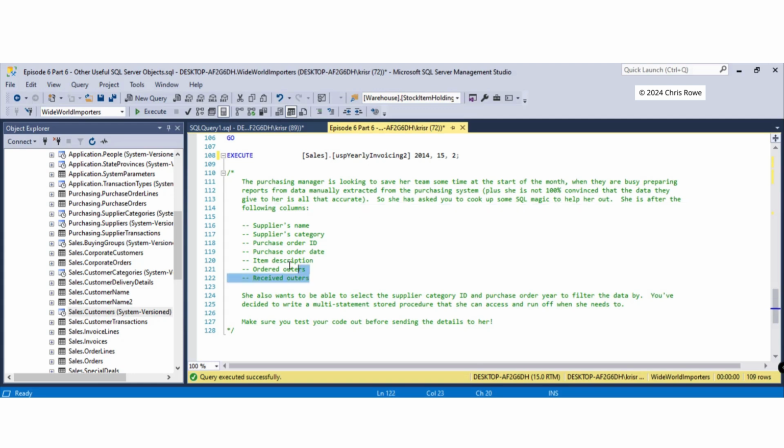She's after the following columns. There's quite a few columns there. However, she wants to be able to select the supplier category ID and the purchase order year to filter the data by. So I'm thinking parameters into a stored procedure. You've decided to write a multi-statement stored procedure that she can access and run off when she needs to. So then, once we've done that, we need to test our code, make sure it works before sending the information to her. Okay, if you fancy giving that a try,